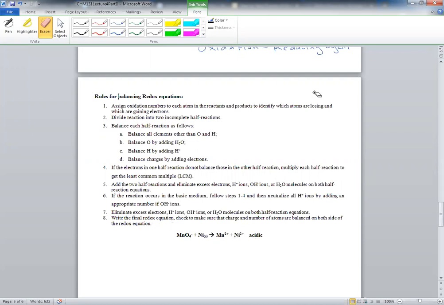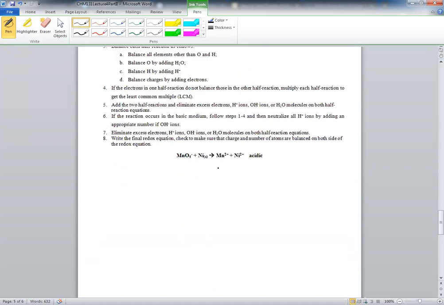The rules, as I said to you, are multi-step. You'll always be given a reaction like this, where you will be asked to balance it. The first two rules are what we have done so far: assign oxidation numbers and divide the reaction into two incomplete half reactions. So let's begin. Now, permanganate, for the sake of time, if you do this on the side,